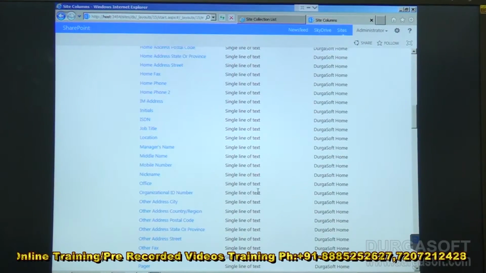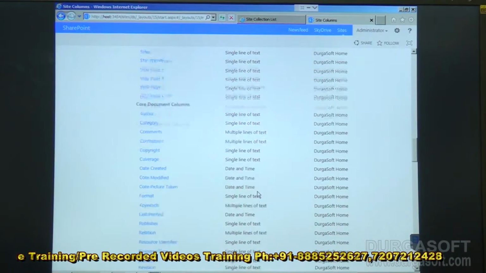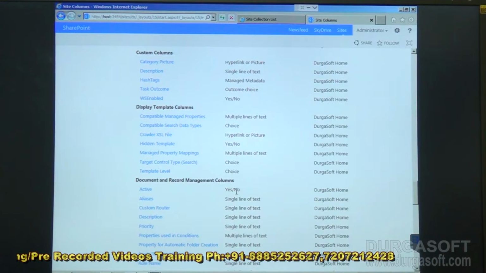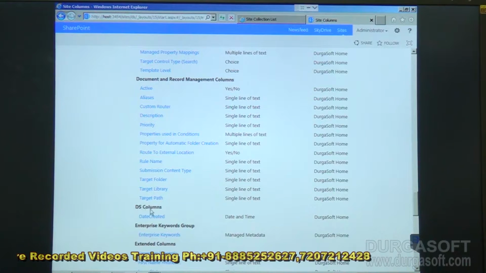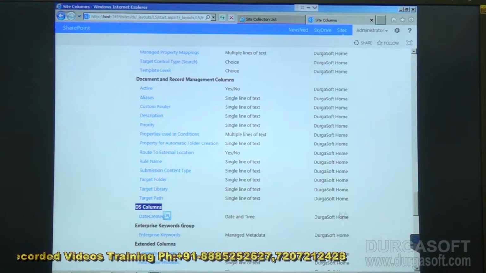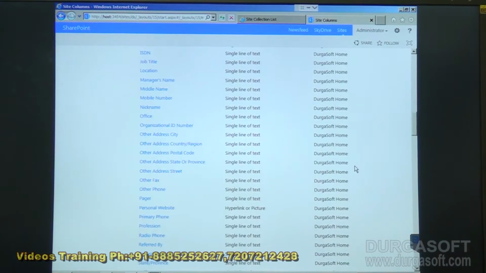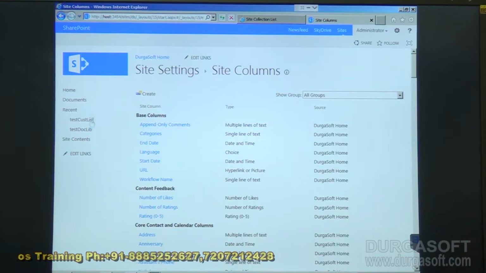DS columns with the date created. Date and time and our site. So under which site column does it? Now if you want to use this column under any test case released or any library,